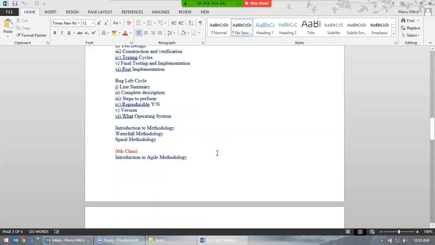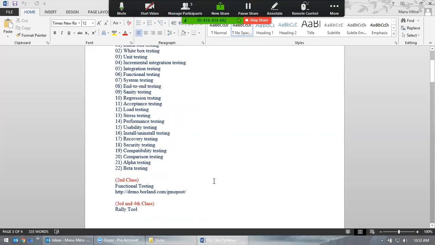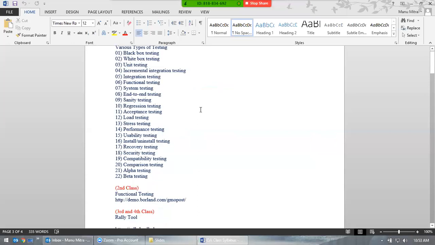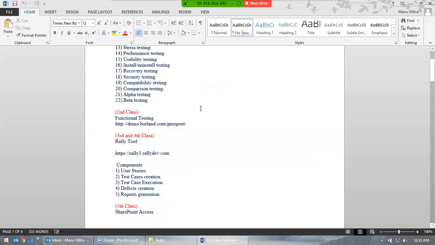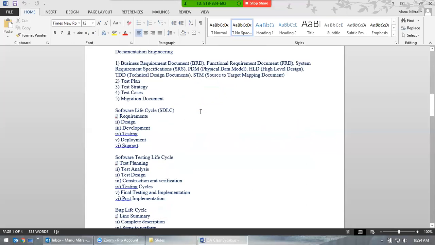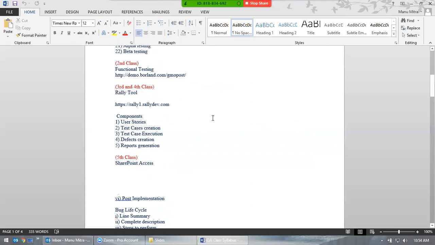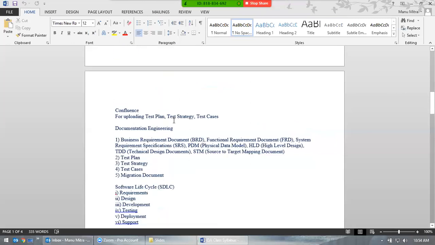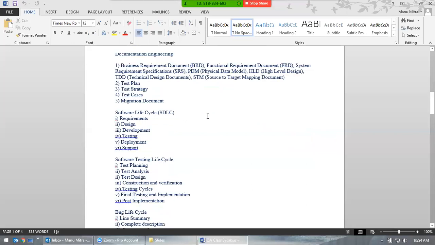Any questions so far? So this is about the syllabus. So far we were talking about the syllabus, about what we are going to do, and everyone will have access to this. Actually, I sent an email, so whoever didn't get the email can email me. I'll send you this syllabus as well as the documents. Any questions so far?